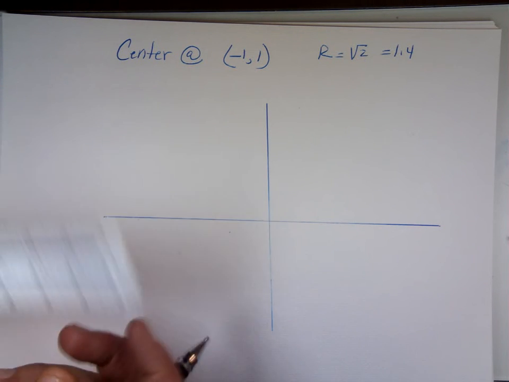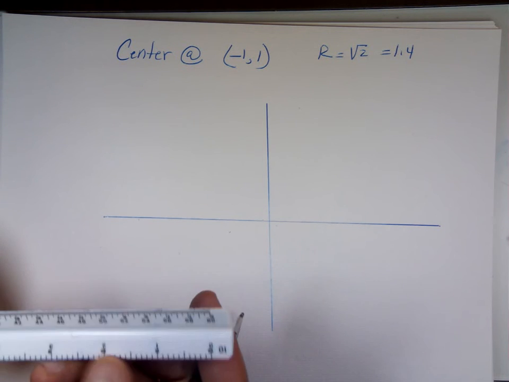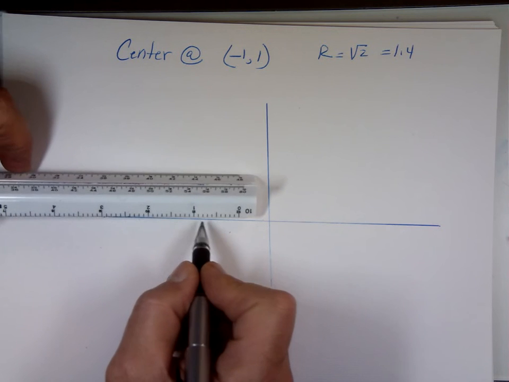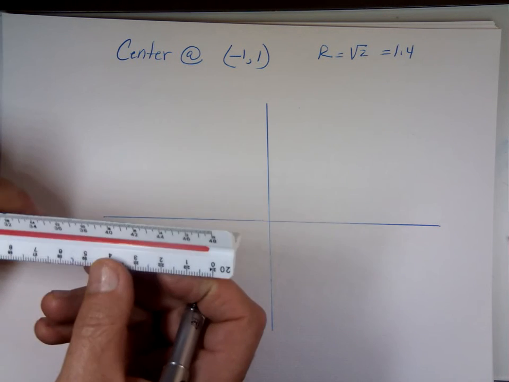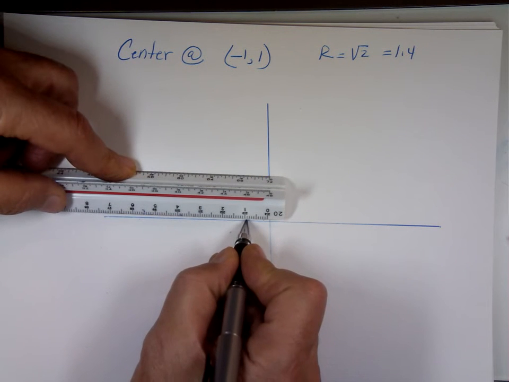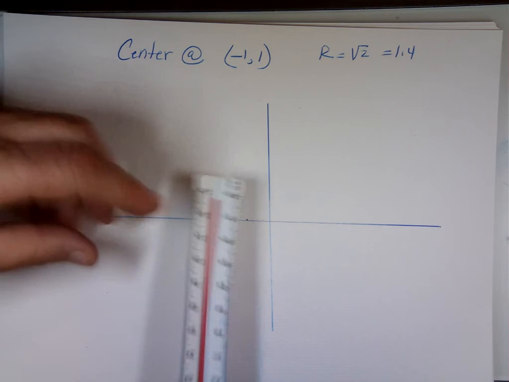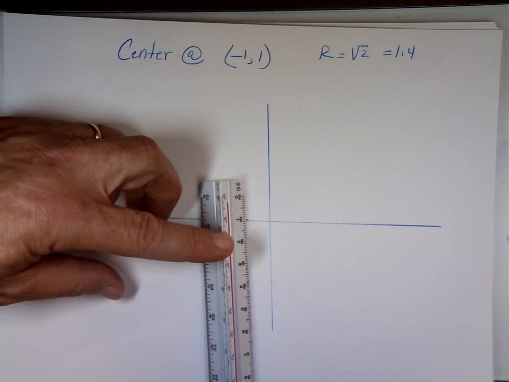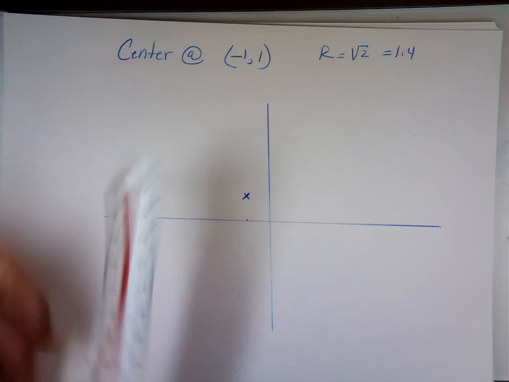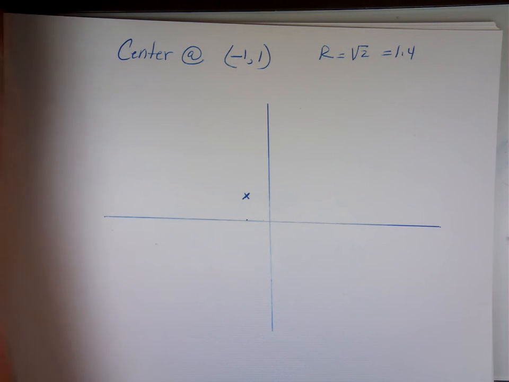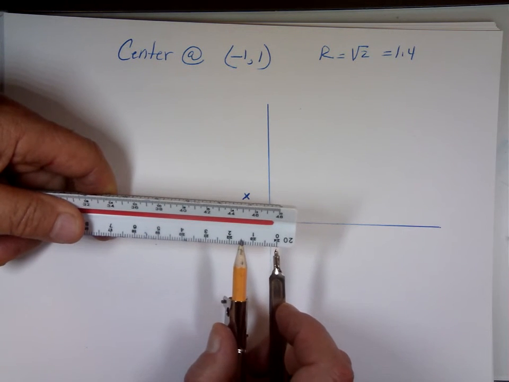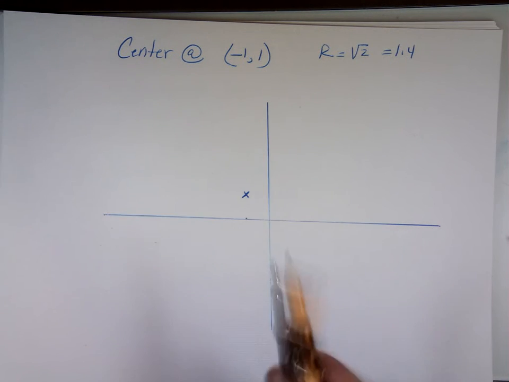Maybe I use a bigger scale. I use inches for that. Minus 1 and 1. That'll be a little bit big maybe. I'll use this. Minus 1. Can you see the minus 1? Minus 1. Go up 1 unit. So that's where the center is, right here. And my radius is going to be roughly 1.5, 1.4. So here we go, just a hair less than the 1.5, that's 1.4. So my circle is going to be